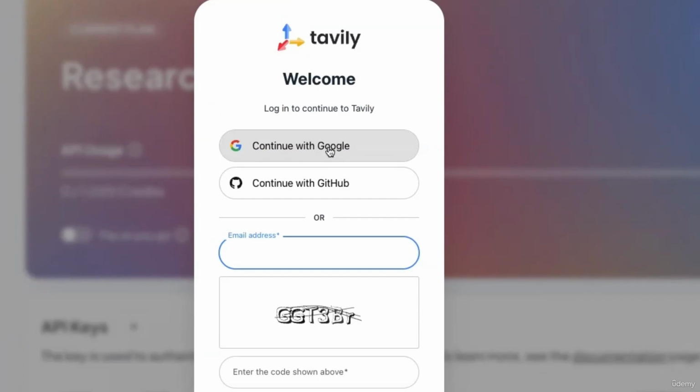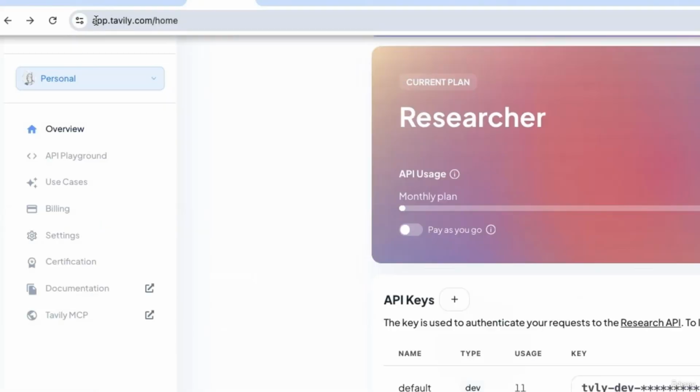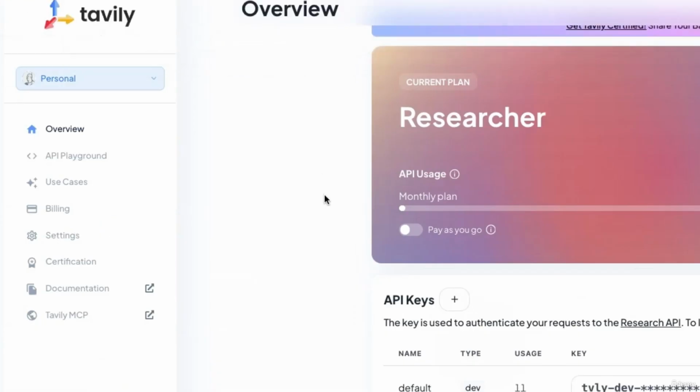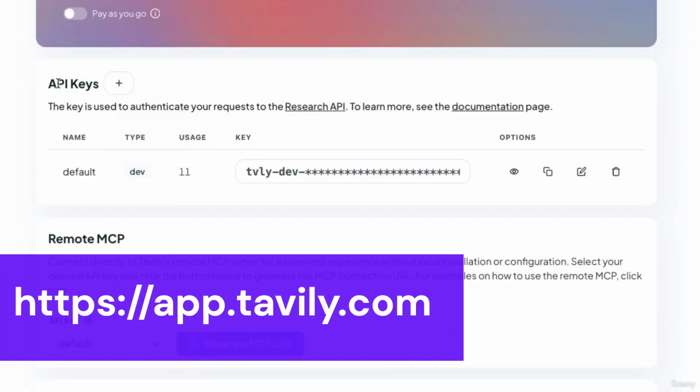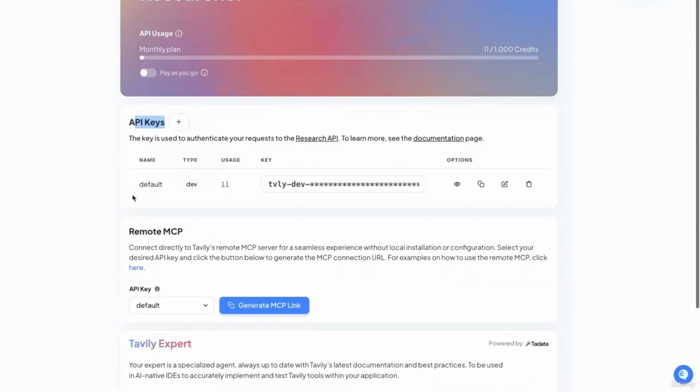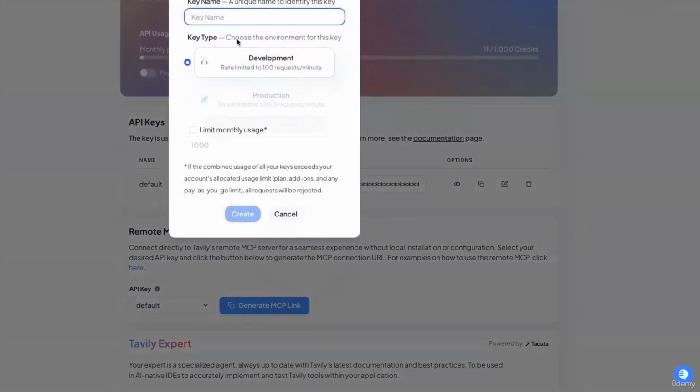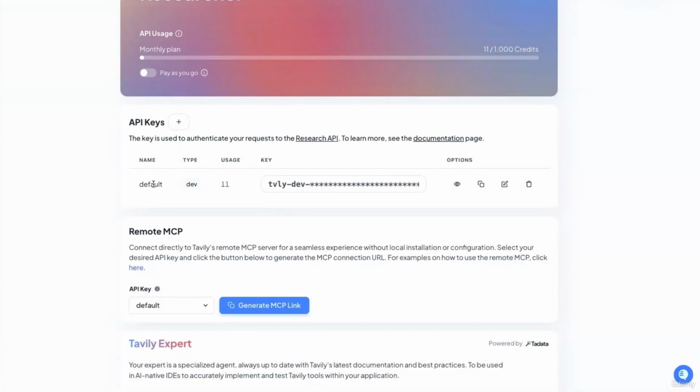Once you've done that, you want to go to app.tavily.com and you'll end up on the homepage here. And then right here on the homepage, you'll see it says API keys. If you don't have one, just click the plus button and then give it a name. And it's correct that it's a development one, and click create. I've already done that, so I won't do that now. But once you've done it, you will get an API key here that you can copy,